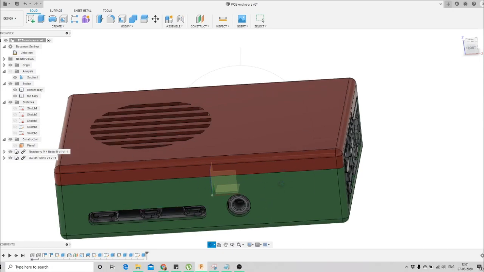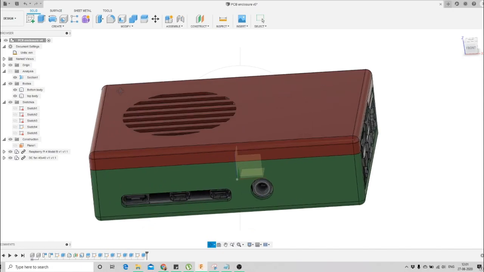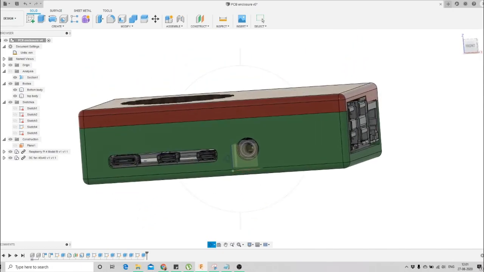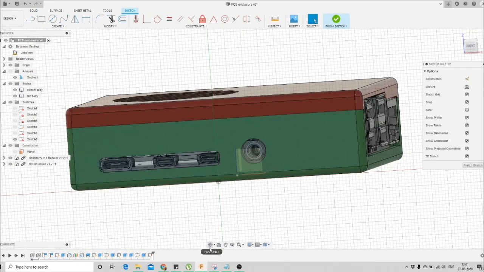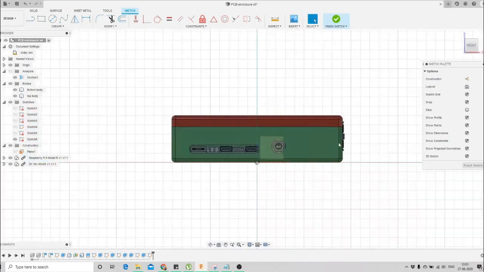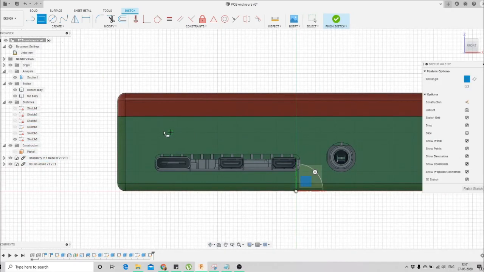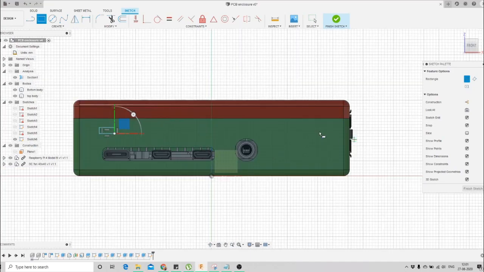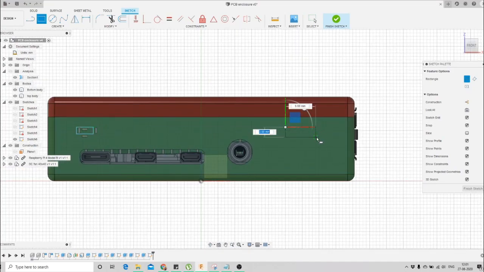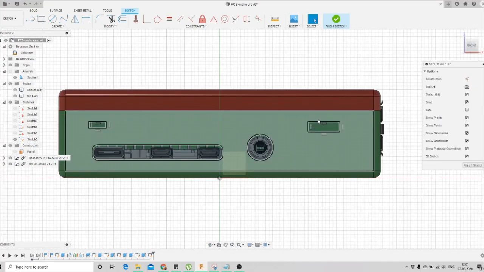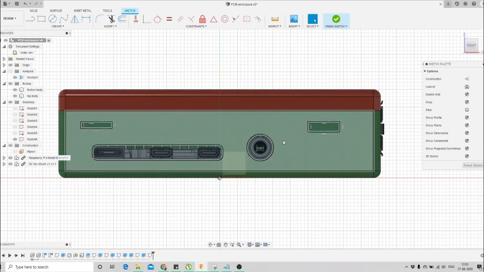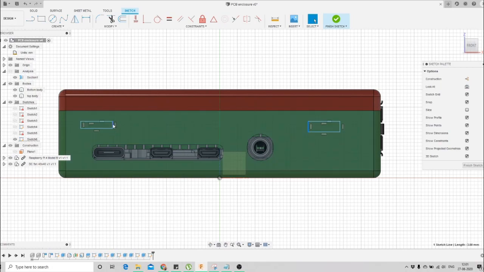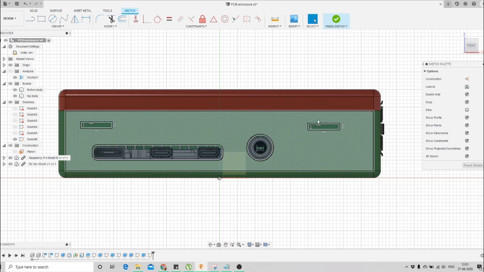To do so, we'll click on this face, click on create sketch, click on this normal, and go normal to this face, and then we'll make two rectangles here like this. We'll ensure that by selecting the top of both rectangles we apply the equal constraint, and the height of the rectangles also gets the equal constraint. This way we are ensuring that both rectangles are similar.